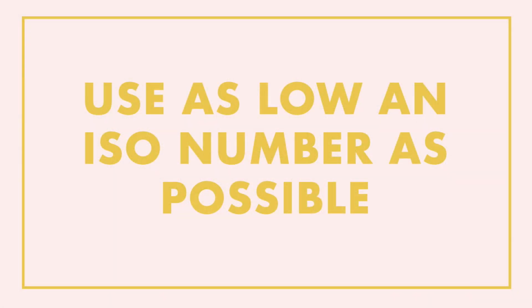And the higher the ISO number, the more sensitive your camera is to light. Now, this is fabulous because it means that you can take images in low light situations without having to resort to the dreaded pop-up flash. But on the downside, this does lead to more noise or more grain in our images. So the obvious answer to getting less noise or grain in your images is to use a lower ISO number. Now that can be easier than it first appears.